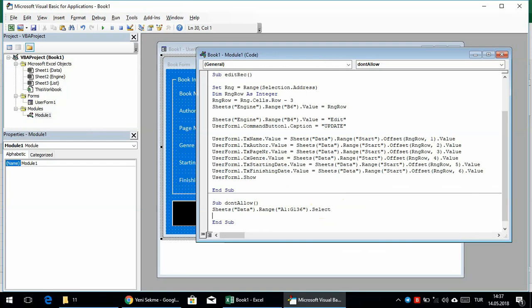So we select this range first, and now we're going to make the Selection.Locked property true, and also Selection.FormulaHidden property must be true,